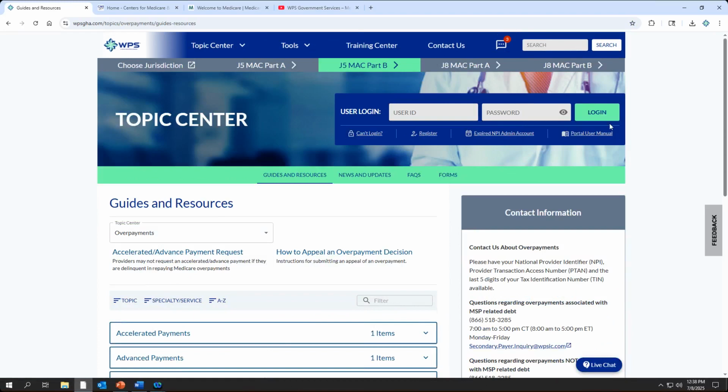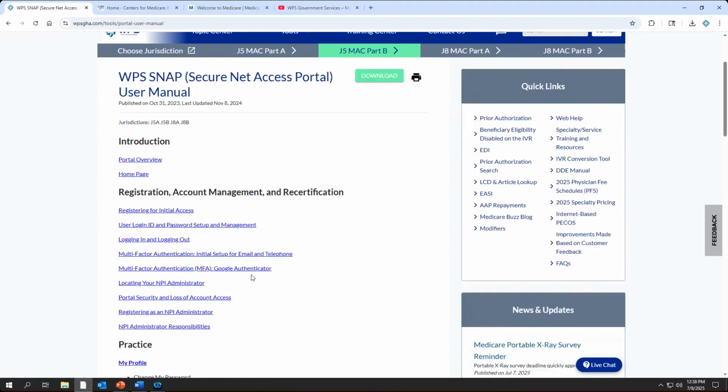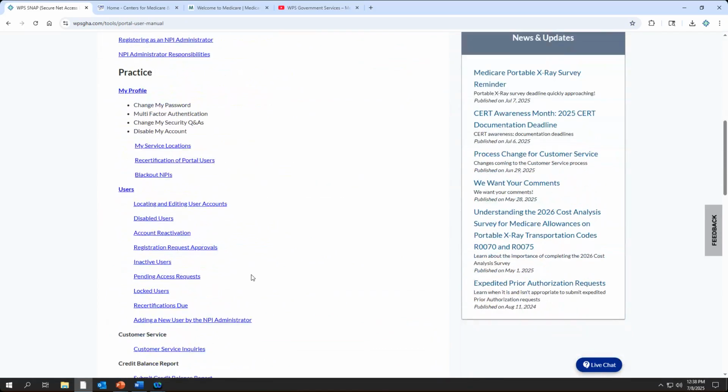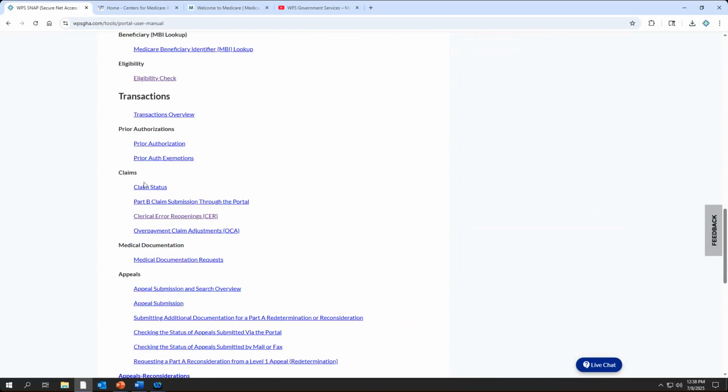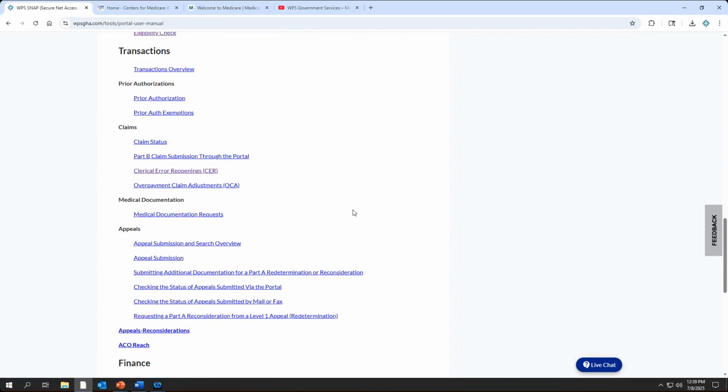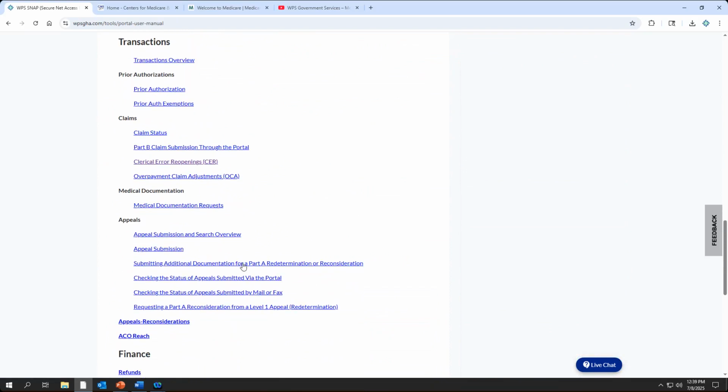I will always recommend checking out the portal user manual. When you scroll through the portal user manual, you're going to look for a section under transactions, overpayment adjustments, all of those, and that's where you're going to look for it. You can also file an appeal. This is an appeal submission indicator as well, so you can do that here.